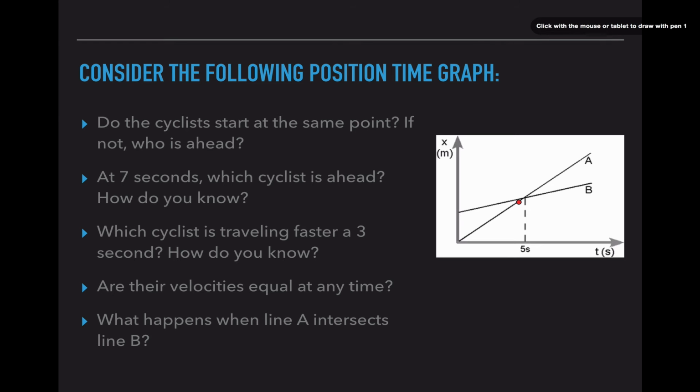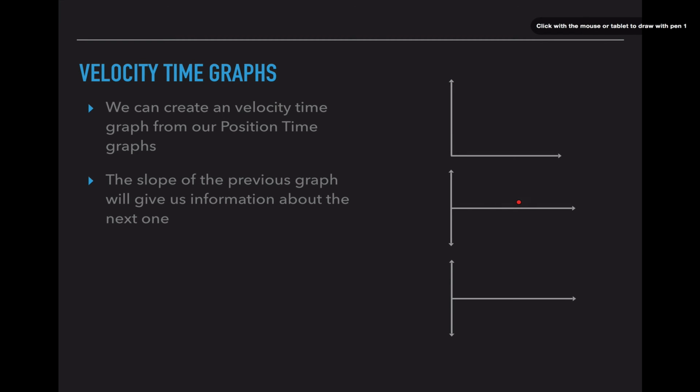Next up, we're going to look at velocity-time graphs. Okay, velocity-time graphs are slightly different than position-time graphs because instead of just having one quadrant, they actually use quadrants 1 and 4. So we can create a velocity-time graph using our position-time graph. If our first position-time graph looks like this,